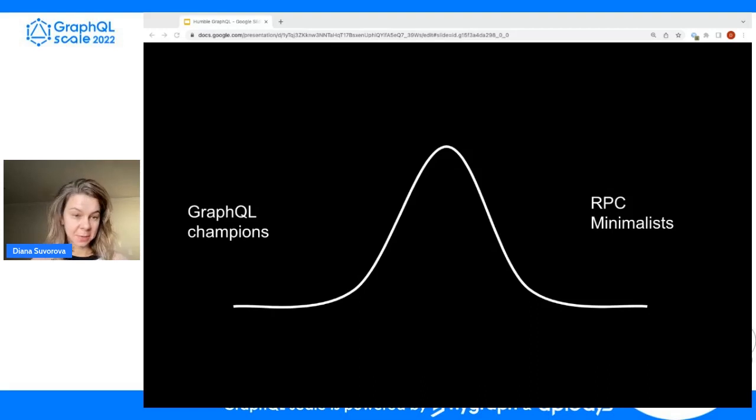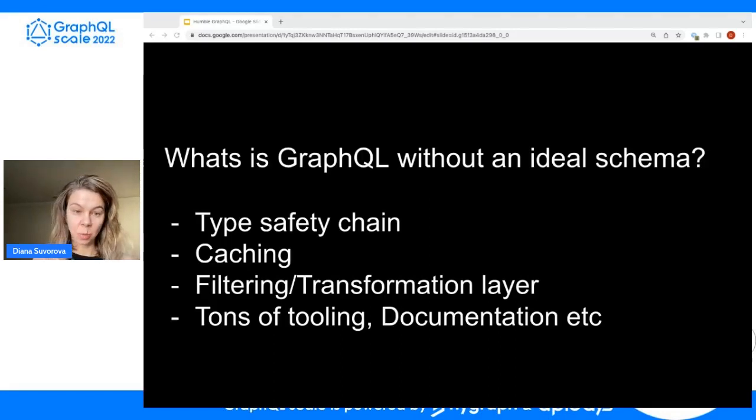To answer this question, I first wanted to understand where we actually are. More concretely, what does GraphQL give us without having this ideal connected schema, which I certainly wish we had? Currently, what it gives us is, first of all, a type safety chain. For a monorepo, it is hugely important. I'm not going to go into details of why static types are important in JavaScript, or why you should use static types.